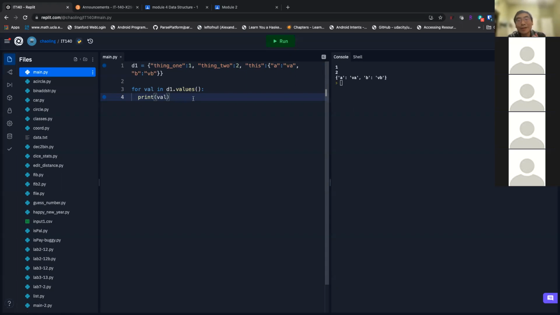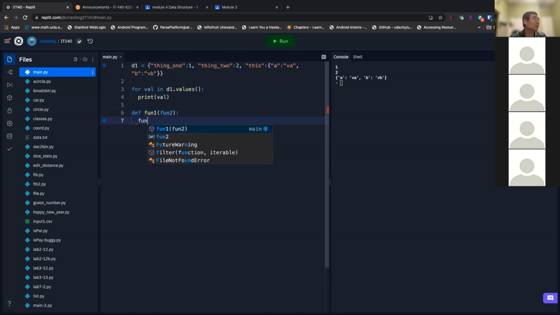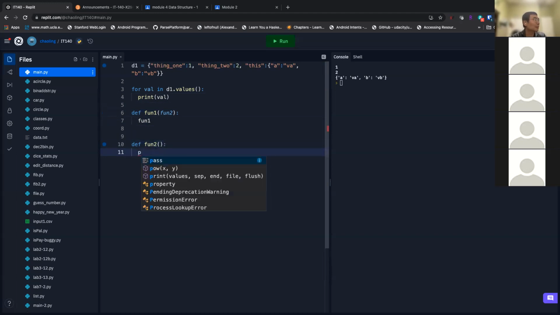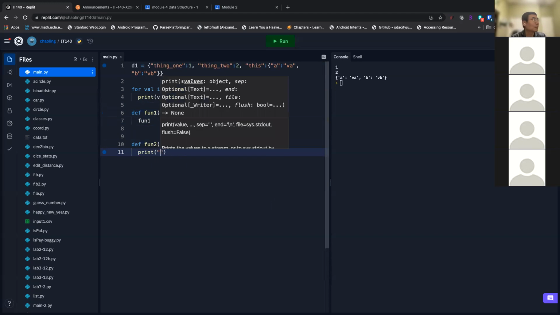Let's define function one, and you can pass function two as your parameter and run function two. Let's define function two, which will just print I am fun.